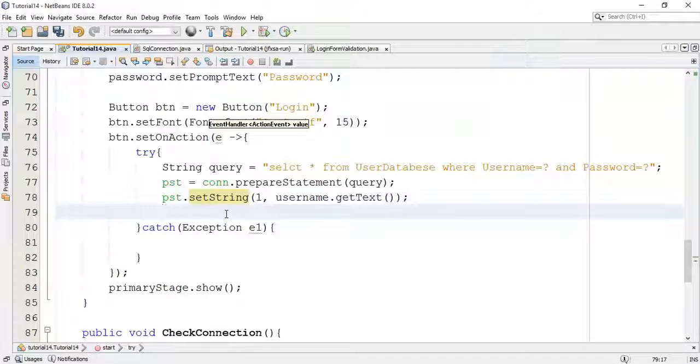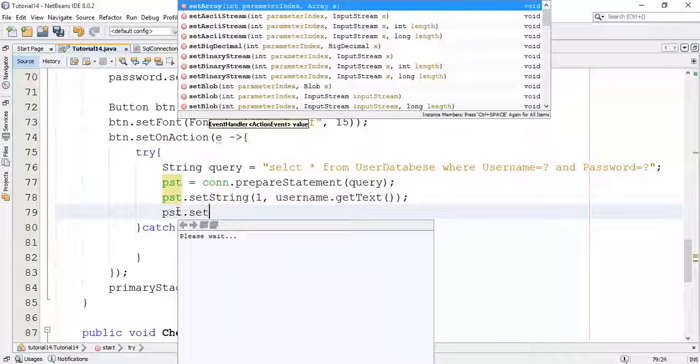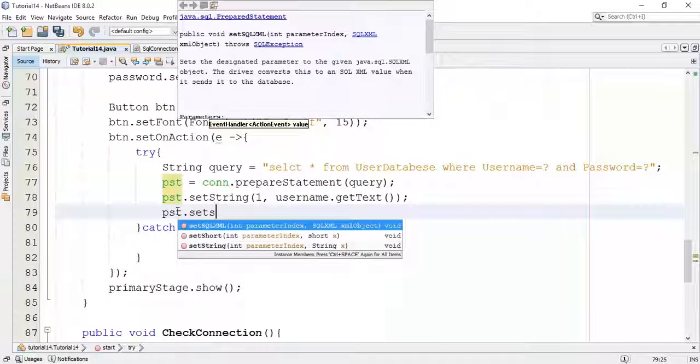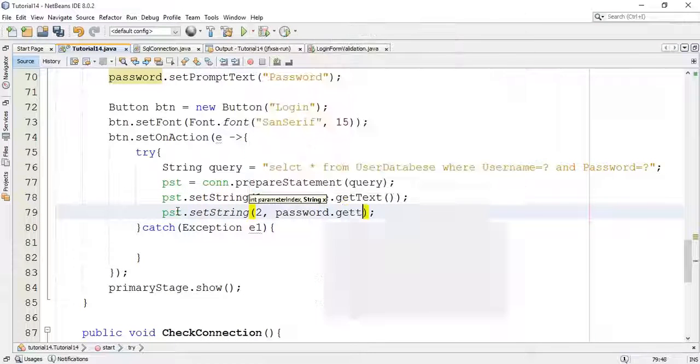So I'm going to import the username from database. Next I'm going to import, say 2, and this time I'm going to import a password. So password dot getText.